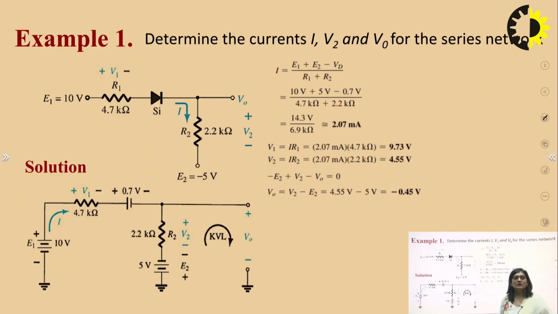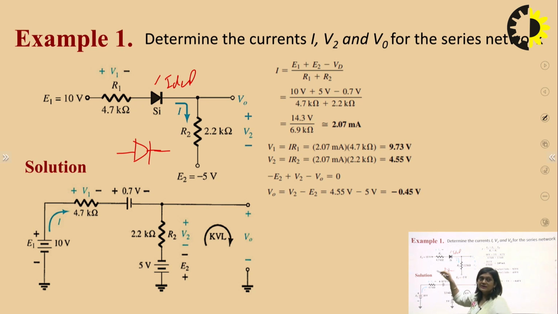So this is how we can solve the numerical. Like this numerical is given, Si is written here. Si written here means it is given a practical diode. If it is an ideal diode, then either ideal is written here or nothing is written, only the symbol of the diode will be there. If in a numerical there is just a symbol of a diode, it means we are given the ideal diode. Or it may also be that ideal is written over the diode, which also means an ideal diode. But in case of the practical diode, it may be written as Si, or Ge, or GaAs, gallium arsenide.